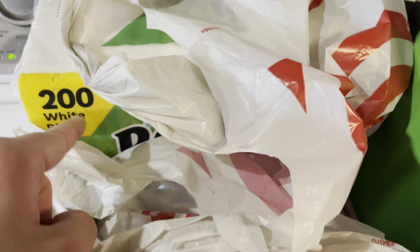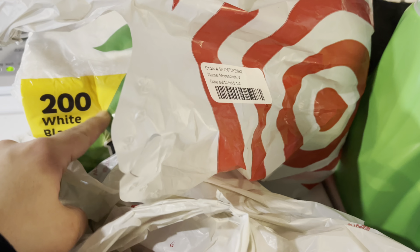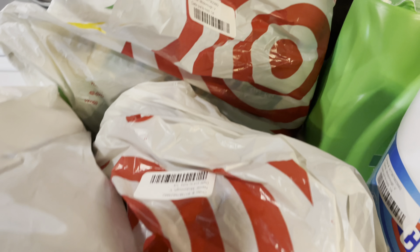And I got some of these towels because they were part of the spend $40, get $10. So these were the only paper towels that were in there. So I got the napkins. Let me get into the bag. So I got this